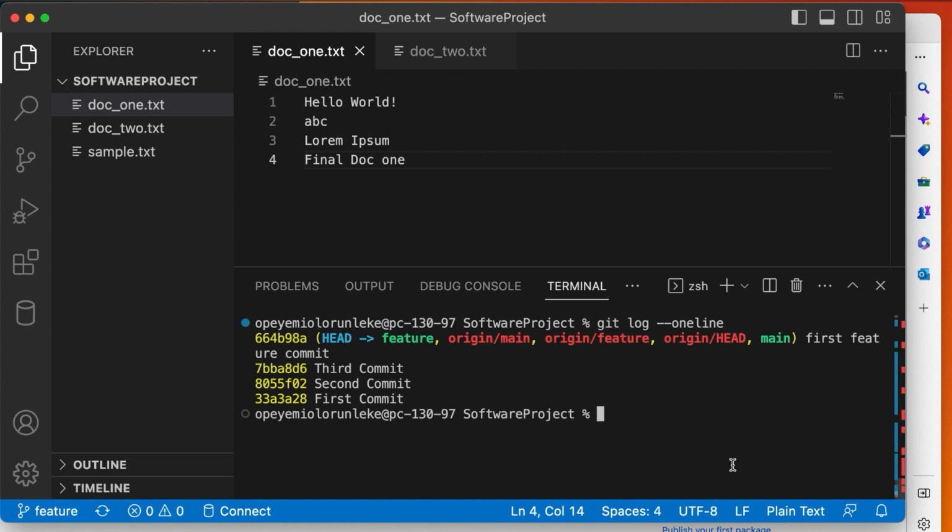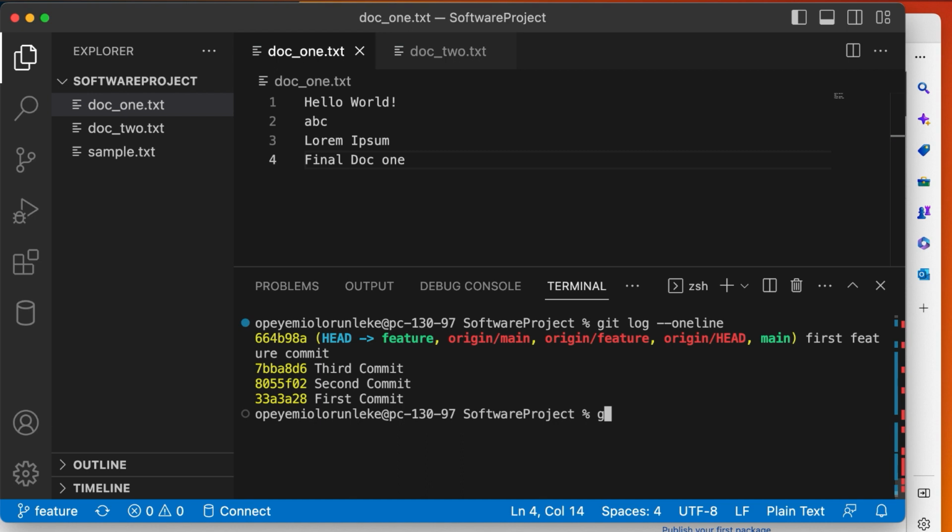But recall that we've merged feature with the main branch, right? So in a good workflow, we typically delete the branches that have been merged to the main branch. As you can see, when I ran git log --oneline, this is proof that it has been merged. Both main and feature, the HEAD points to the same thing. Okay, so in order to delete a branch that we no longer need,